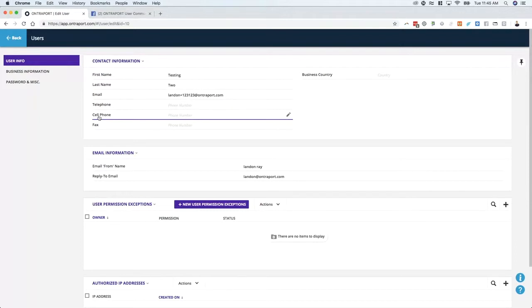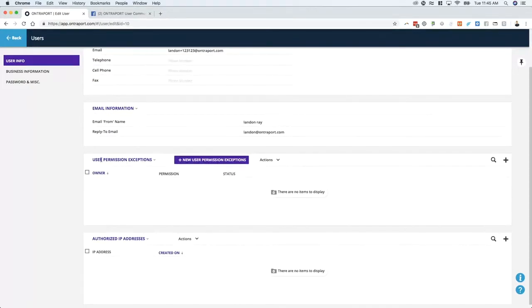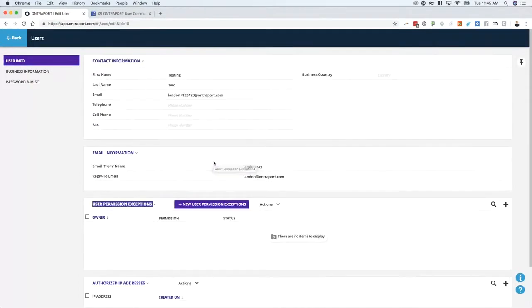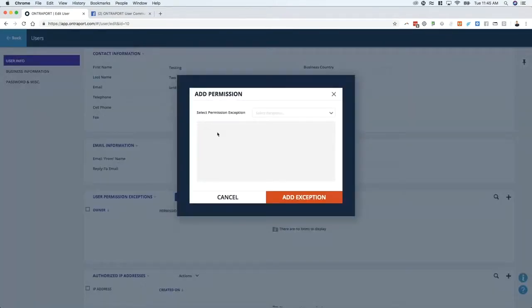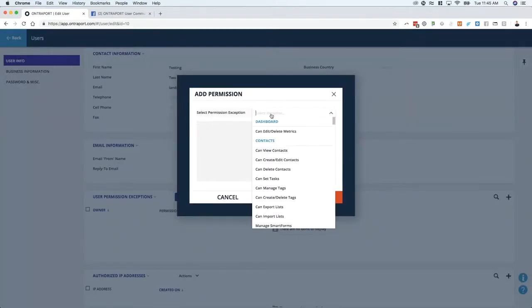But it got a little unwieldy. We ended up with a whole bunch of roles, and then we'd forget that people are in the wrong roles, and all sorts of stuff like that. So instead, what we did is we created a system called user permission exceptions. These override the default role permissions for this particular user. So if you have a particular user in a particular role, you can go in here and select a permission